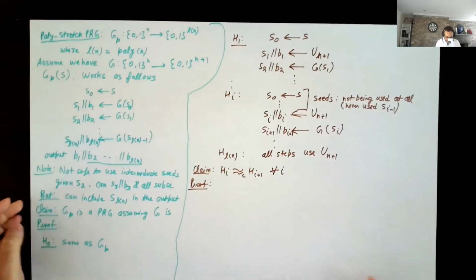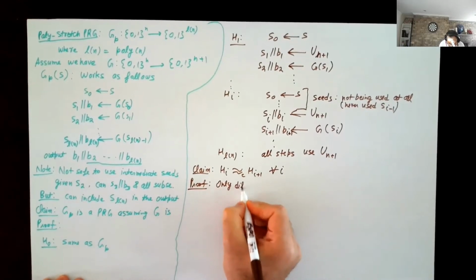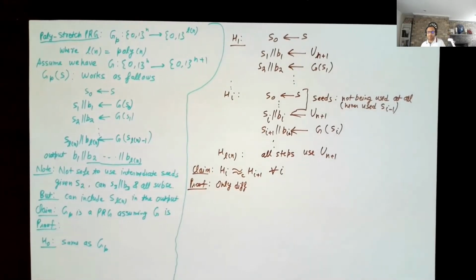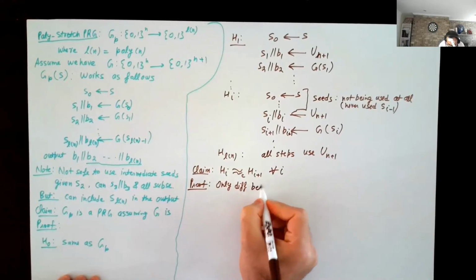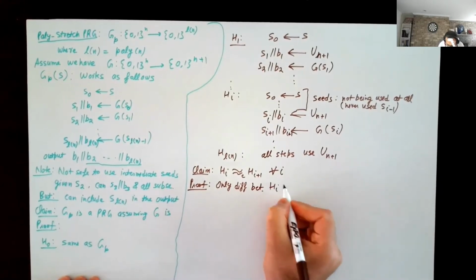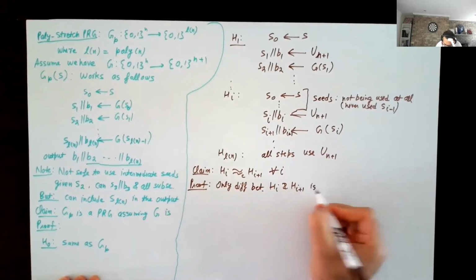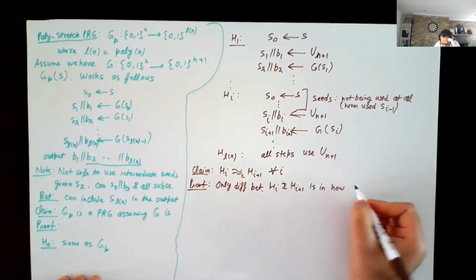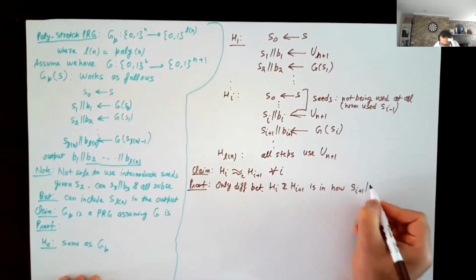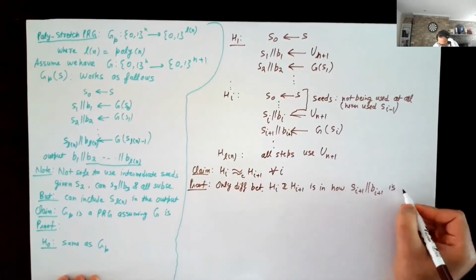And now observe that what is the difference between HI and HI plus 1? The only difference between HI and HI plus 1 is in how SI plus 1 concatenation BI plus 1 is generated,